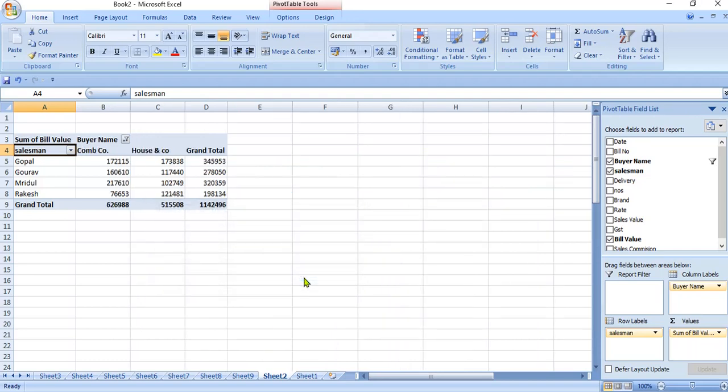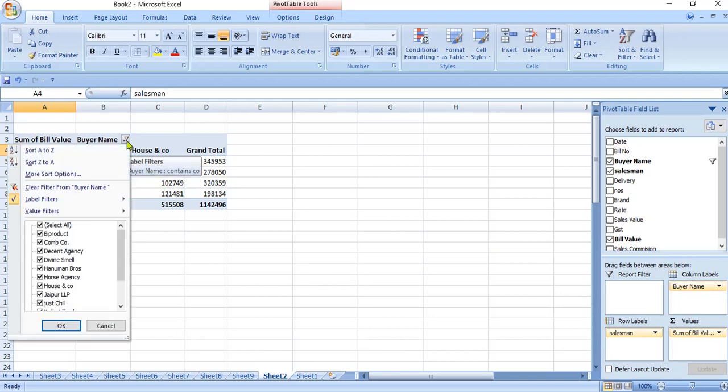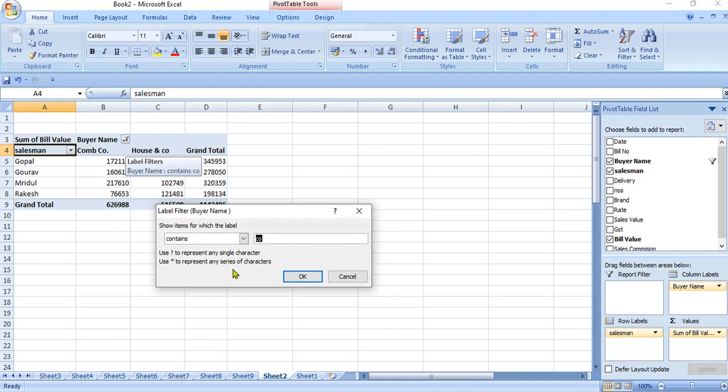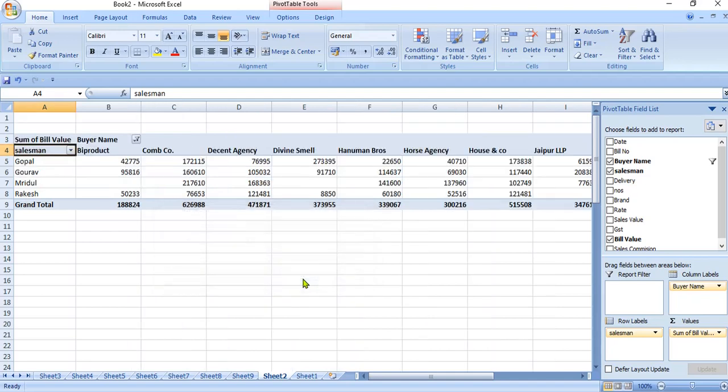So now I have two companies, their name ending with co or their name containing co. I've deselected this, and now I have the entire table.